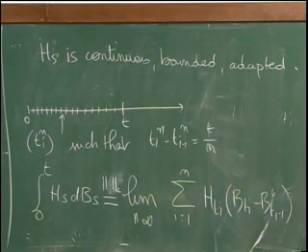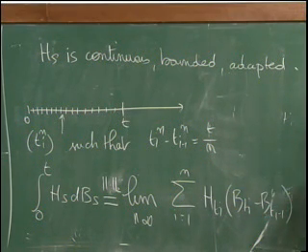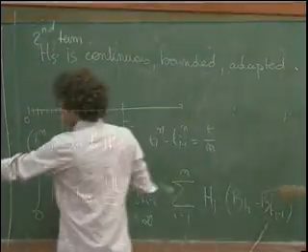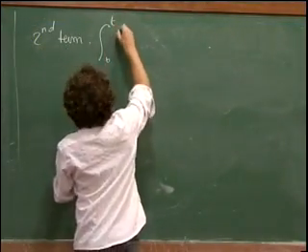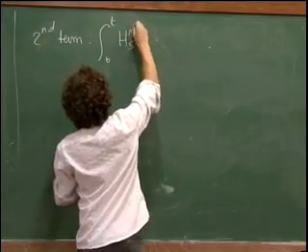So how do you prove this? Actually, you have nothing to do. You have really nothing to do, because this thing here, the second term, it's the integral between 0 and t of some process, H_s^n,